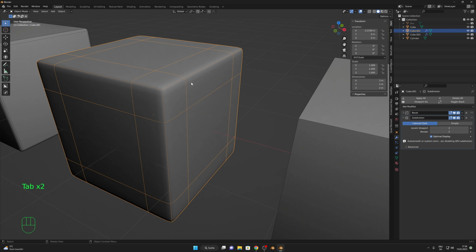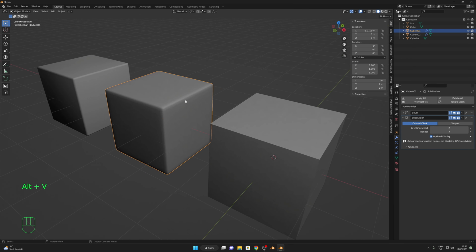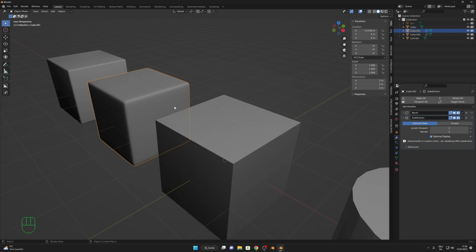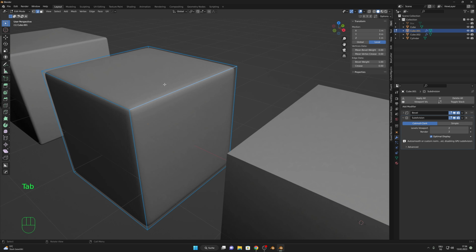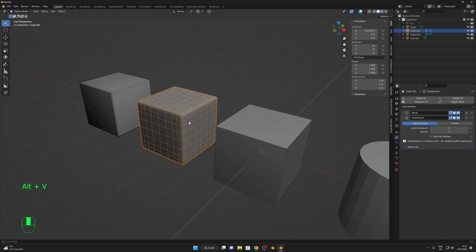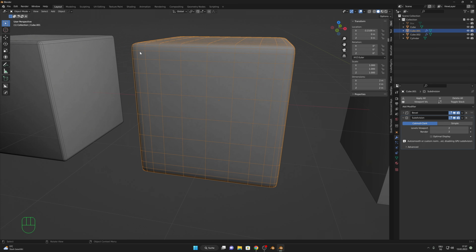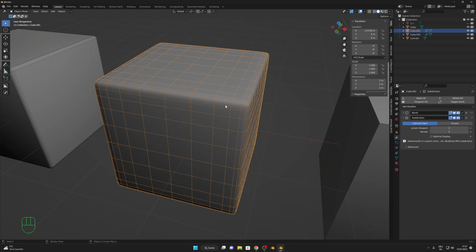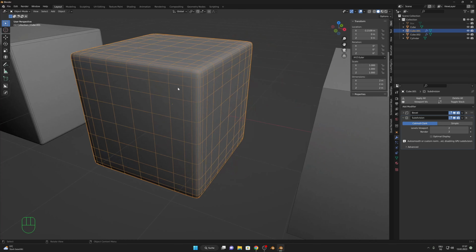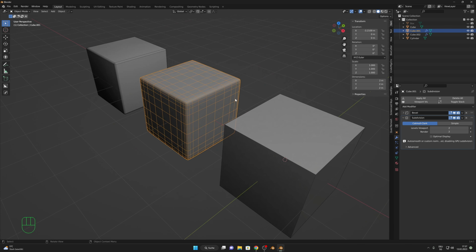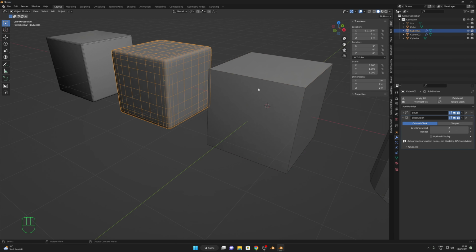and then we have a subdivided cube with sharp corners, the bevel weight of 1, and segments of 2. But sometimes it's good enough if you want to add details very straight and very close around the corners. You can see it's very good. You can see it's even distributed quads. It's okay. But sometimes when we duplicate this here,